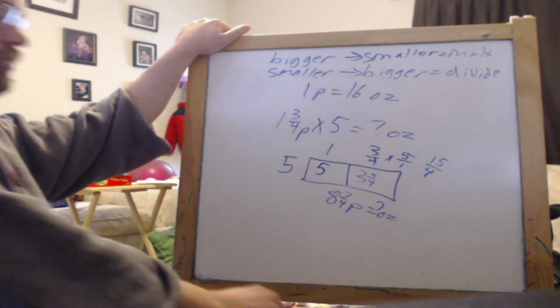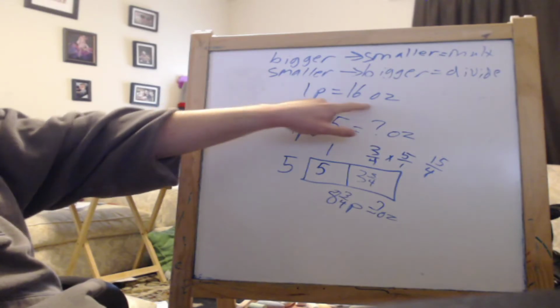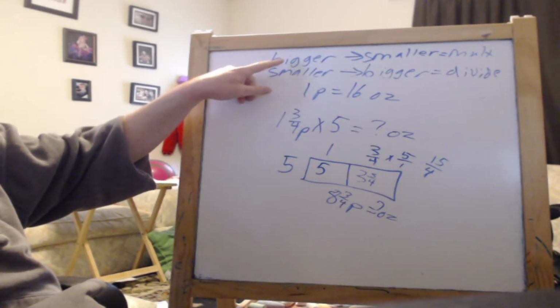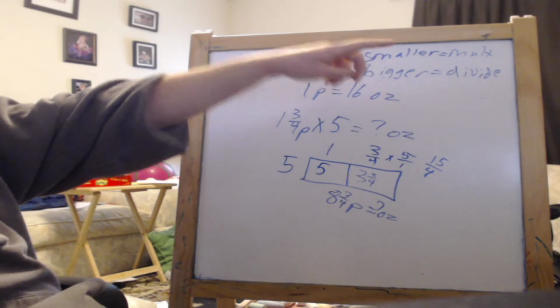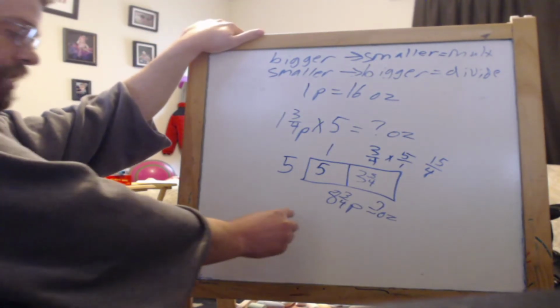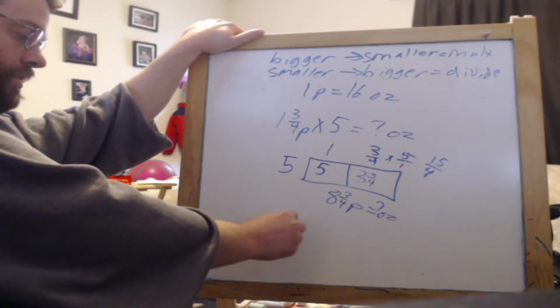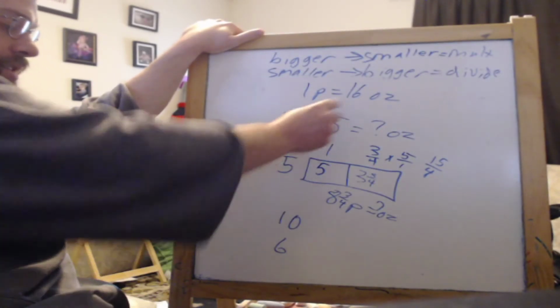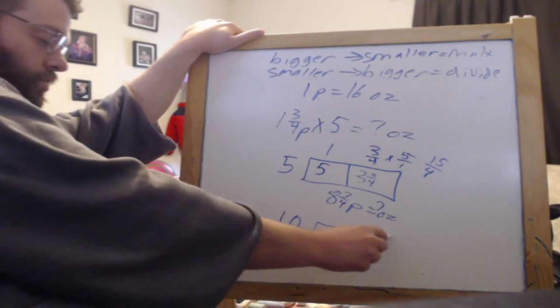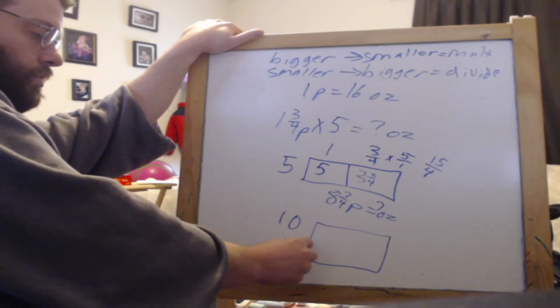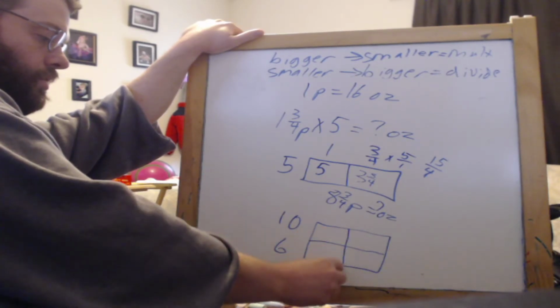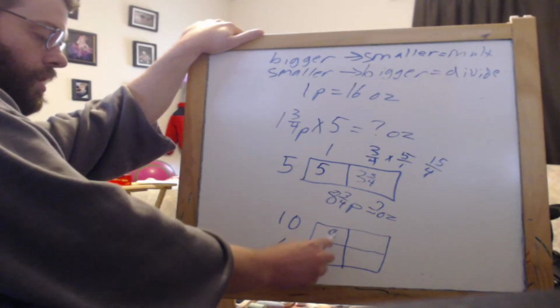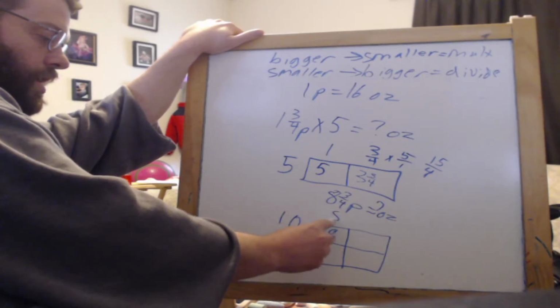To get ounces, we're going from pounds to ounces, which is from bigger to smaller, okay? So we need to multiply, and we're multiplying by 16. So let's do this. 8, oh, I'm sorry,